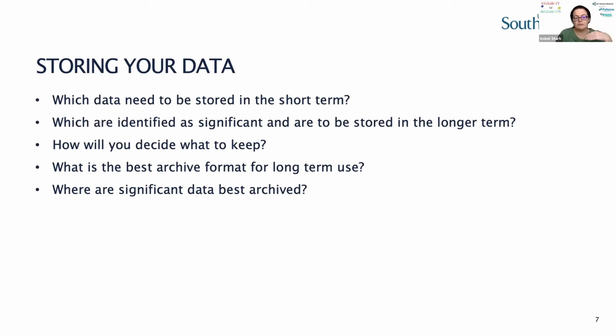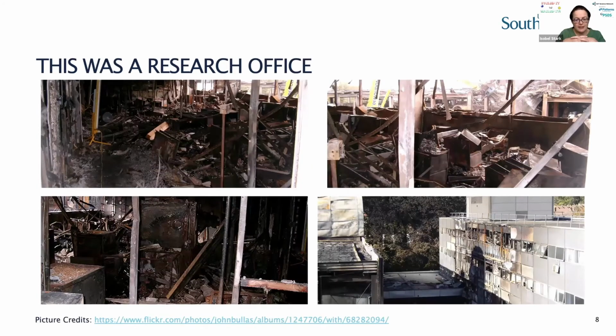So think about your data storage, think about what resources you may be able to get in your own institution. And remember that there is always something that could go drastically wrong. These are various pictures from the fire that we had nearly 15 years ago. It was actually on Sunday, the 30th of October 2005. And it was our electronics and computer science department that went up. It led to the largest insurance claim in UK HE history because it had our clean labs in it as well.